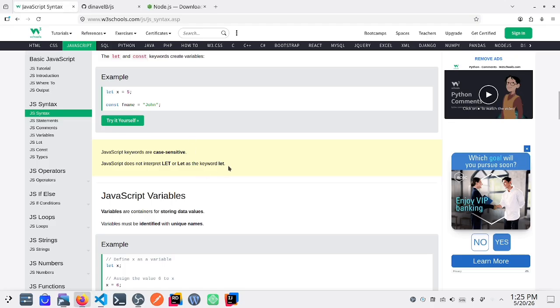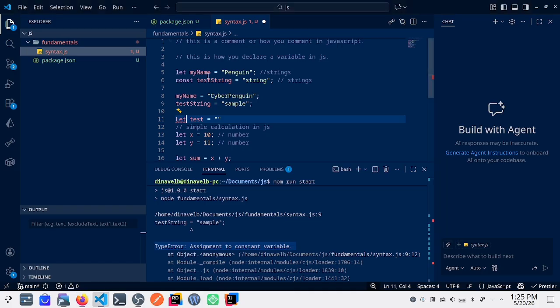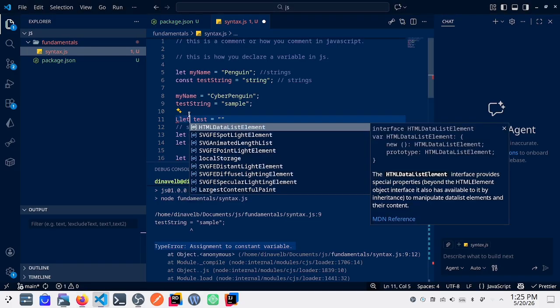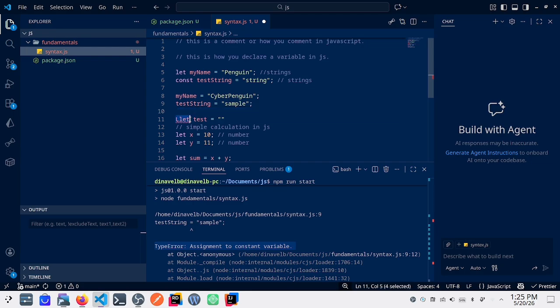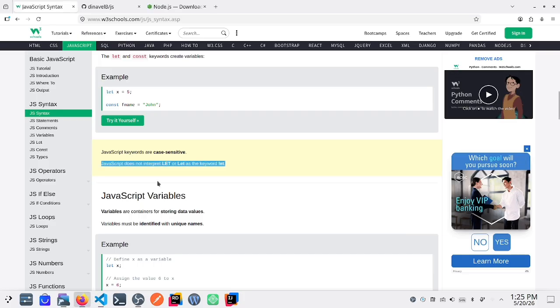So this is proof that it only accepts lowercase, which means JavaScript is a case-sensitive programming language.